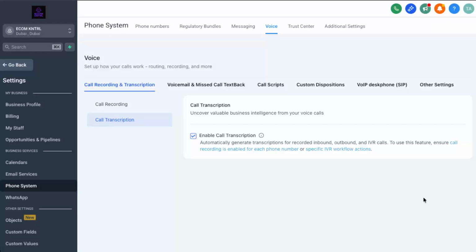You've now enabled call transcriptions in GoHighLevel, making it much easier to search, review,